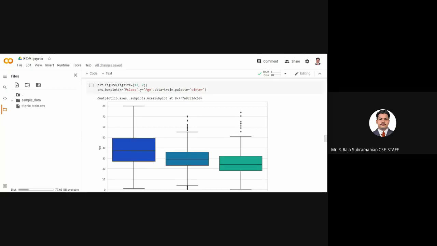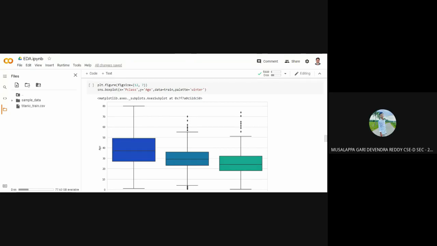Age cannot be a fraction, so we take the round. Mean, sir. Yes, mean can be a fraction, but age cannot be a fraction, right? Yes, sir. So we just round it off. Good question. It may be a fraction, but since age cannot be a fraction, I'm just substituting the